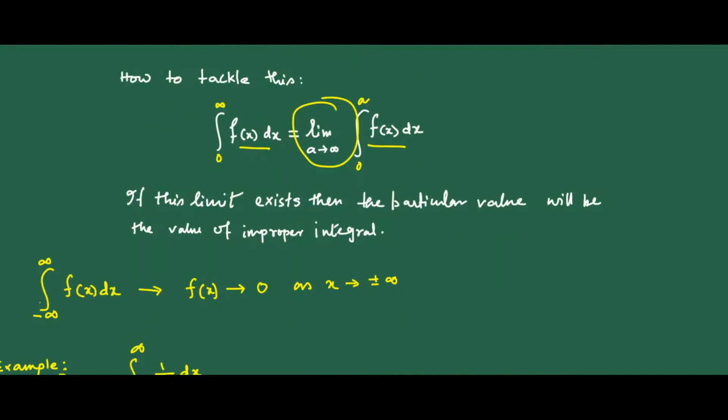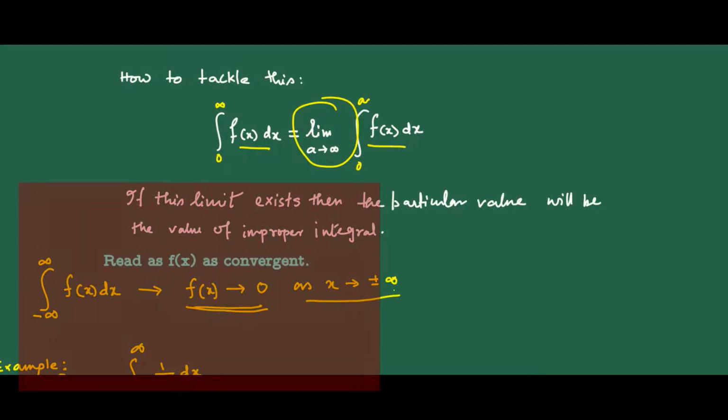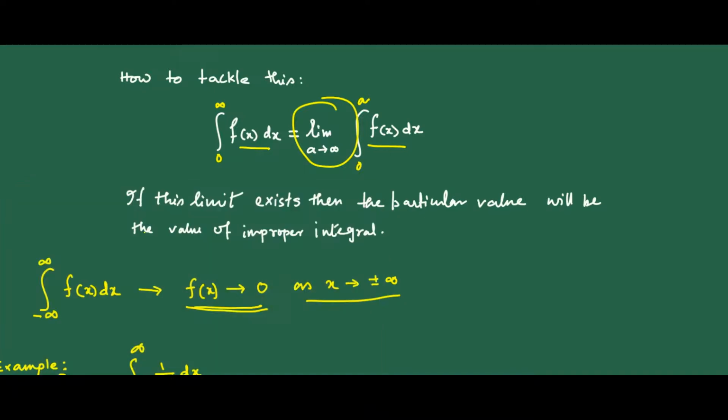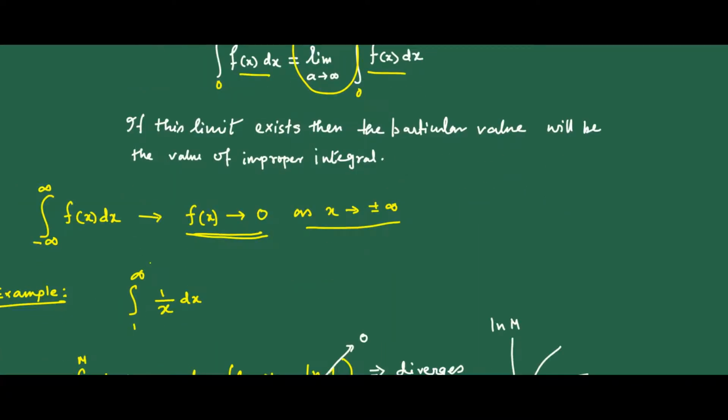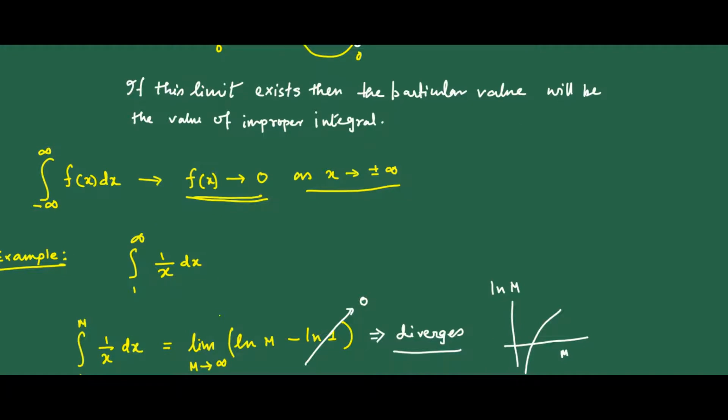And it must be borne in mind that, in order to have a value for the improper integral from minus infinity to plus infinity of f(x) dx, f(x) must not be divergent. That means f(x) must go to 0 as x goes to plus or minus infinity. That is a hand-waving argument, and it is not easy to see which function will give a definite value for this improper integral. In our physics course, we will just give some